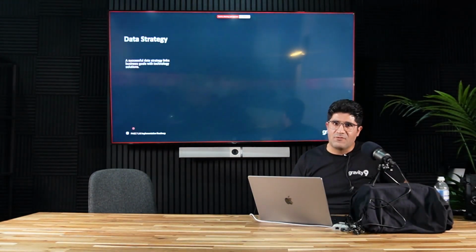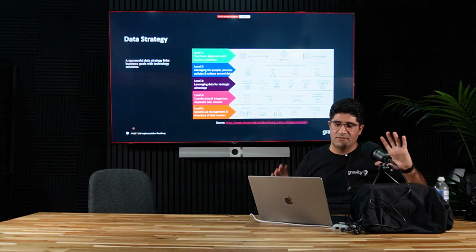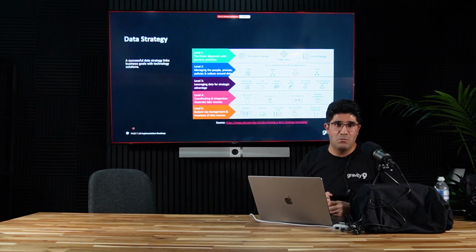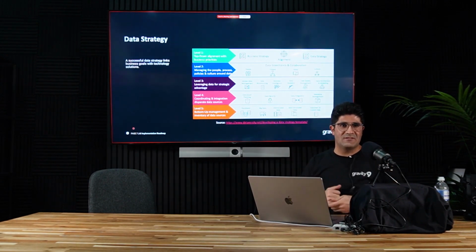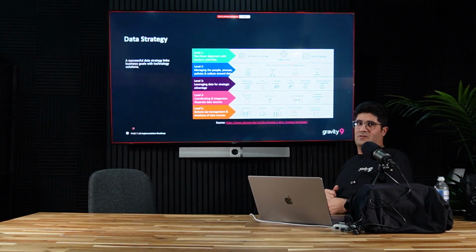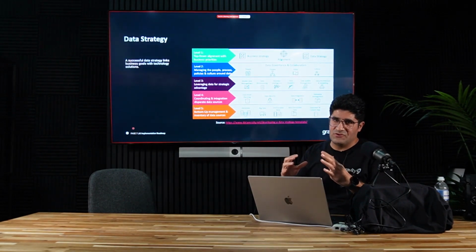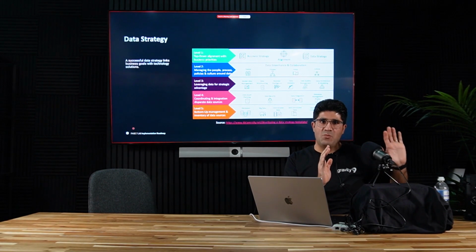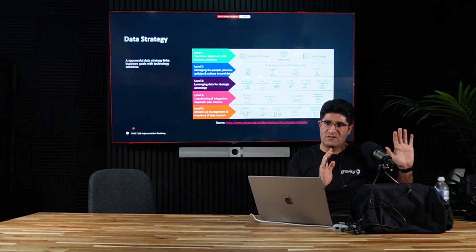And from the other perspective, data strategy should be aligned with the business goals and objectives. So if you have a data strategy, it should be exactly on the same page with the business objective.